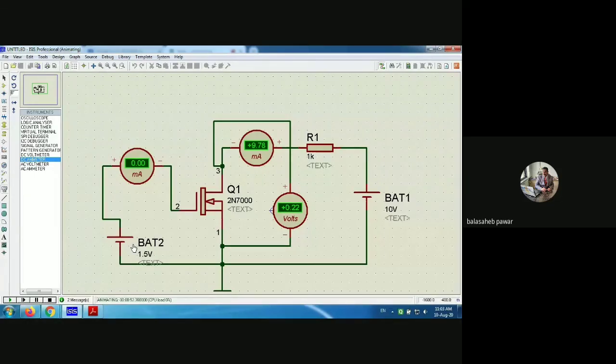So we will keep the input voltage at a constant level, and by varying output voltage, we will note down whether there is any change in output current or not. The same thing we will plot, or I will try to show it graphically, and then I think you will be very clear about the characteristics of